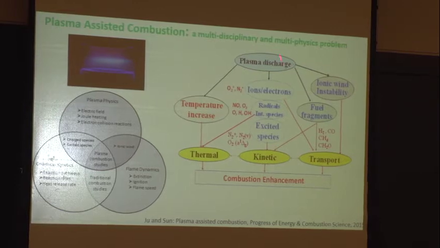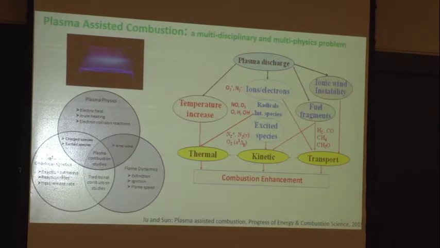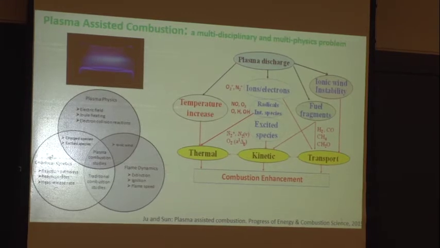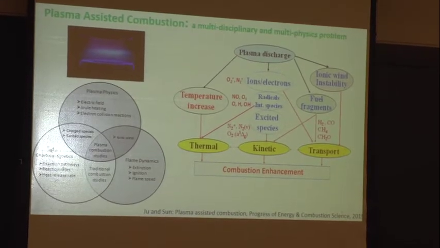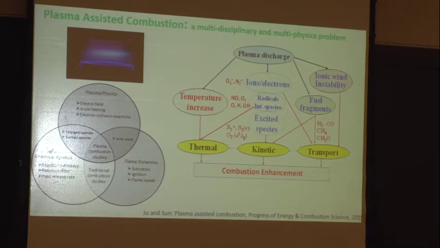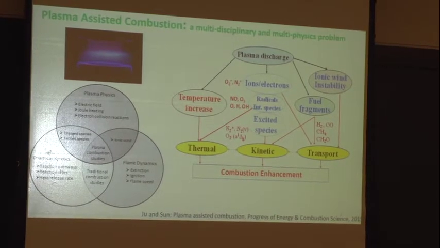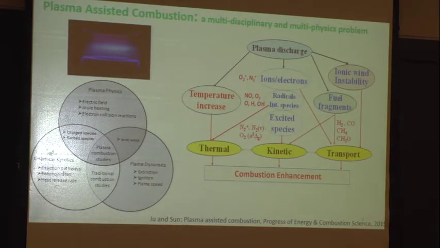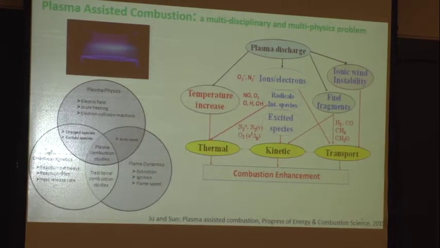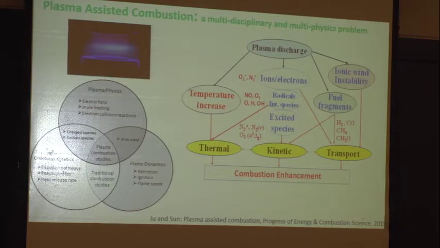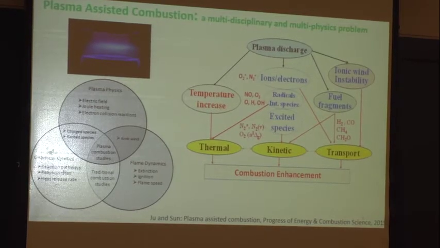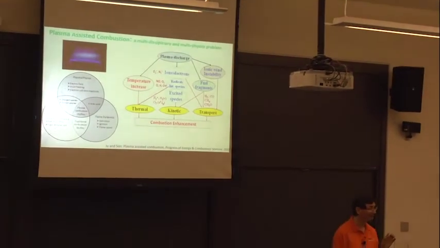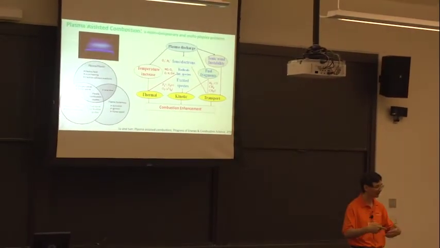And then the second thing is that the plasma, as I said, has electrons that can break down the fuel. For example, you have a jet fuel like dodecane, and they can break down the fuel molecules from large ones to small ones. And then the small ones will have a different diffusivity, right? They will have a different reactivity, and that will change their transport process and some of the chemistry process. But that process is not something we don't understand. We also understand it pretty well, but we are not connecting it to combustion theory.